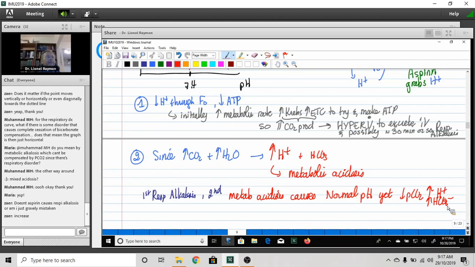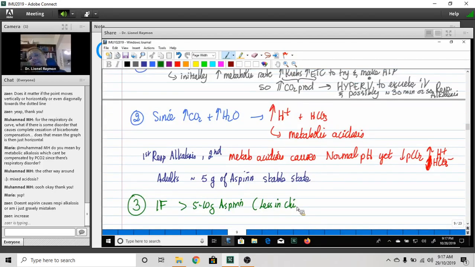Adults, around 5 grams of aspirin. It's a stable state. But look what's going to happen. Number 3. If more than 5 to 10 grams aspirin, less in children,